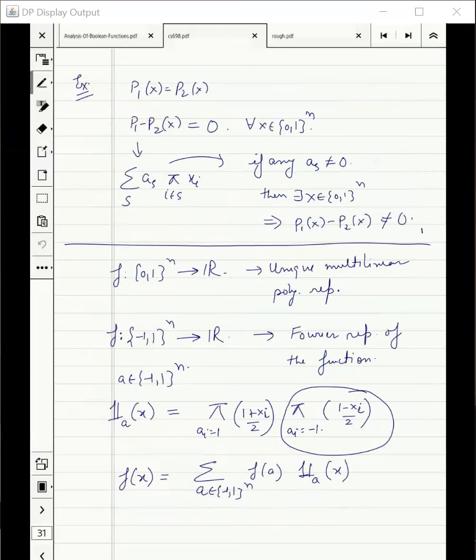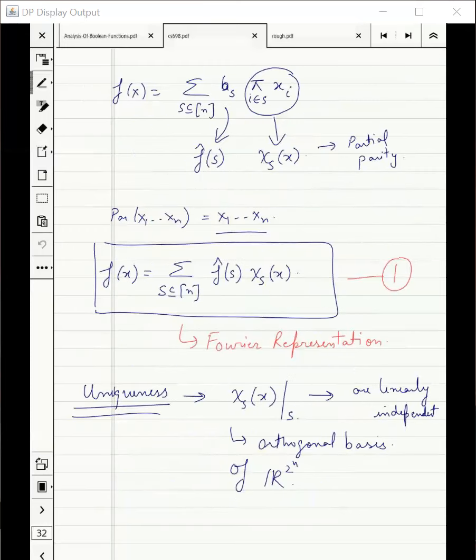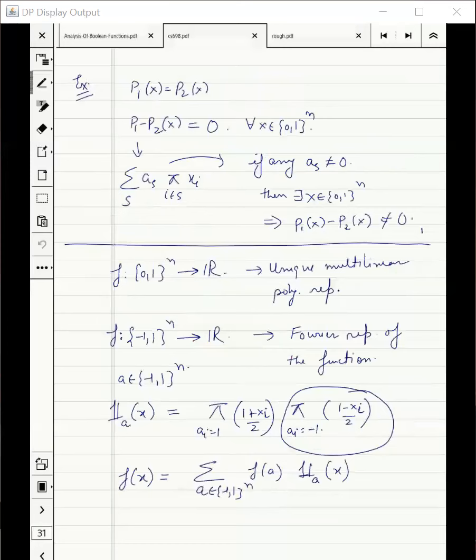Sure. This one. So yeah, one page back, just one page back. Here you have defined the indicator function and subsequently the function f(x) in such a way that if the input x is in the range {-1, 1}^n, then the output is either 0 or 1, right? Correct. So the Fourier representation, it's taken with respect to this polynomial, or do we need to convert the restricted range to -1, 1 as well?